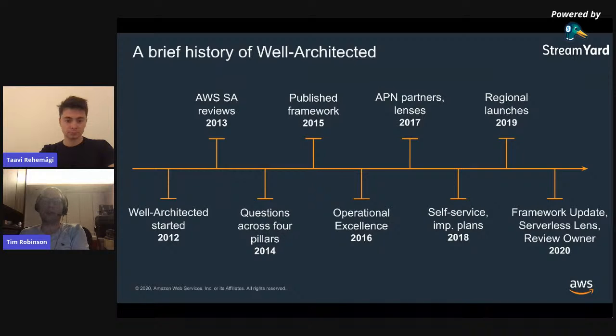And again, into 2020, we've produced a number of framework updates. We've actually done a complete update across the framework, all of the pillars. We have a release of the serverless lens that's now in the well-architected tool, so you can now go and take a look at the tool actually in the console itself, and really working to align those reviews with owners.